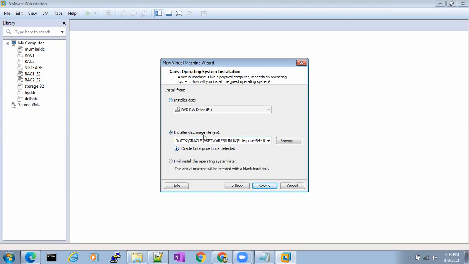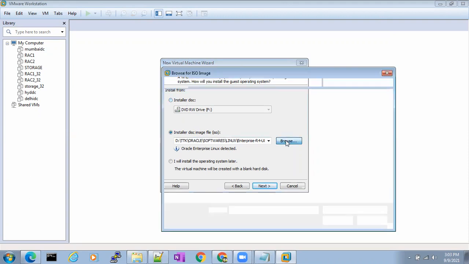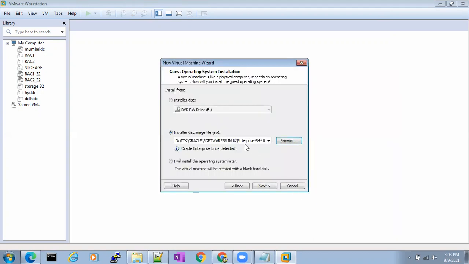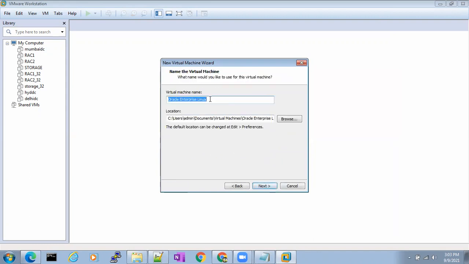So just browse, and select the image file. It says Oracle Enterprise Linux detected. Click next. Now give any name to the server. You can give a name like, Mumbai is already completed, Hyderabad is completed, Delhi is completed, right?